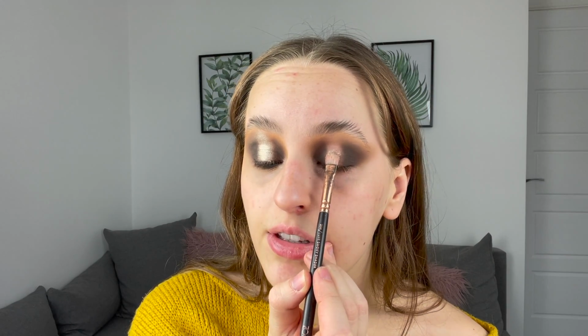It's absolutely stunning. This is probably one of my favourite pigments from Peaches and Cream. I'm just going to pat this onto that spotlight section. When there's less on my brush, I'll then take it up here. Like I said, it's an unstructured look, so we've not got the sort of,